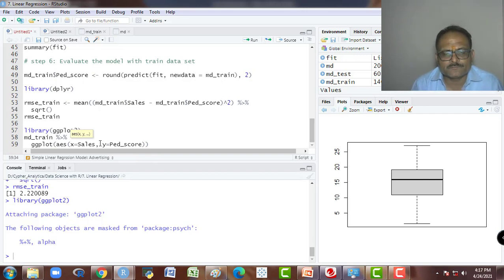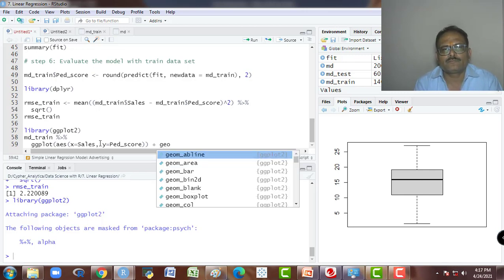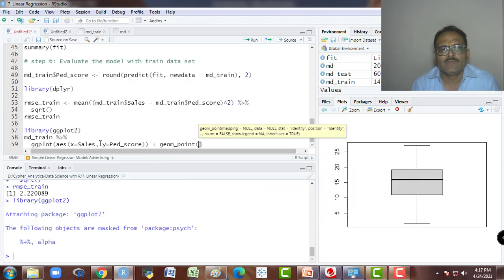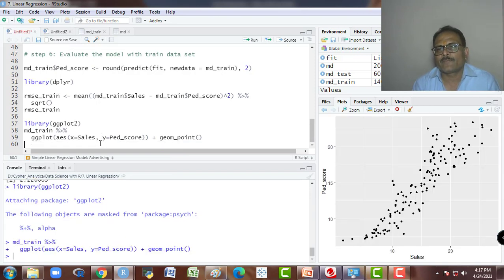Then I use geom point and run this. You see it is the actual sales and the predicted sales, and as the actual sales increase, the prediction also goes in the same direction. These are positively correlated, so related. So our predictions are good.